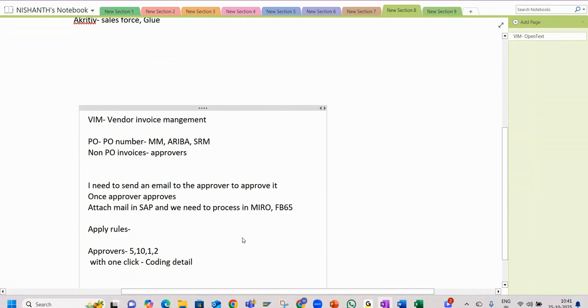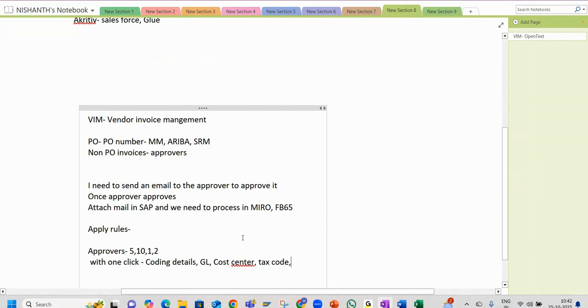Coding details in our terminology is nothing but GL, cost center, tax codes, depending on the requirements of the companies. There will also be some determination fields which need to be populated or updated, then the invoice will go automatically